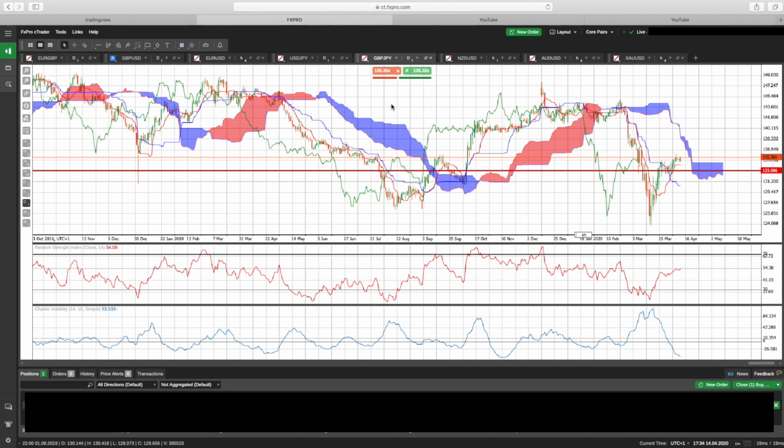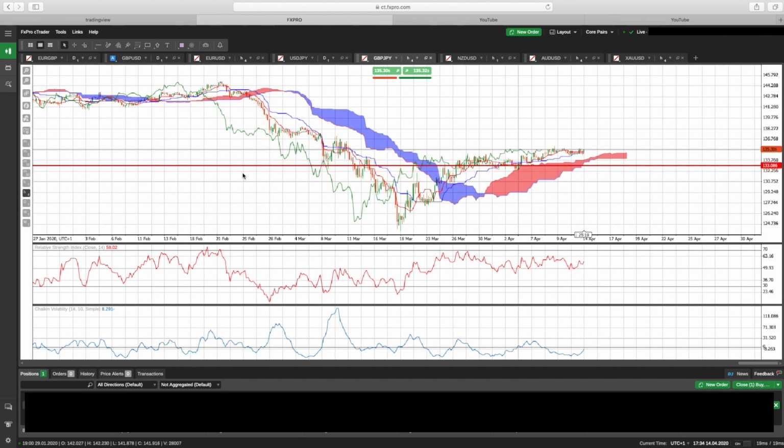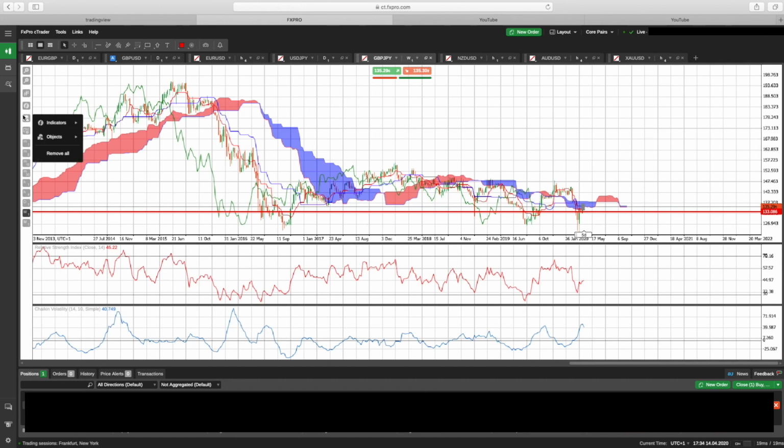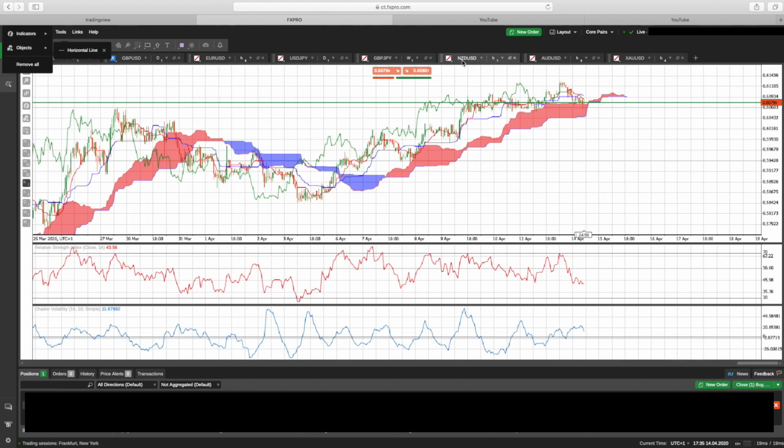But for the GBP yen, it looks like a pending setup for a short at the moment on the 4 hours. We are kind of consolidated. But as I said, once we break below the cloud and we've violated our support level, I'll look into a short if all the boxes are ticked on my strategy. So I'll stick that back on a weekly and move on to the next pair, which is